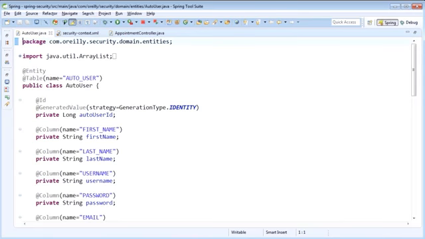object, where we can only access the username, which would map to the UID, and the password, as well as the granted authorities. We're going to map our LDAP data to a custom user class, like our AutoUser class,